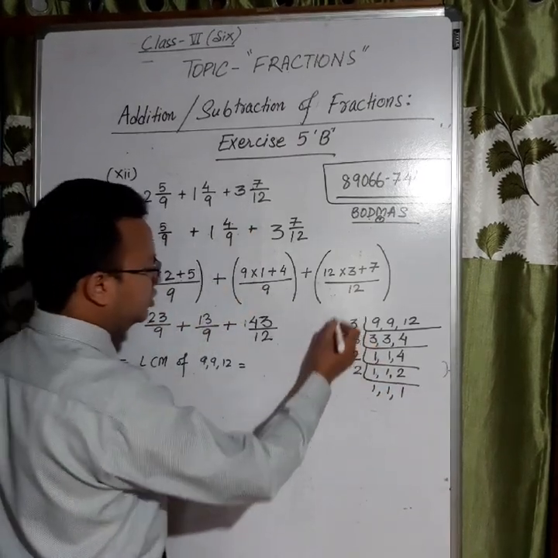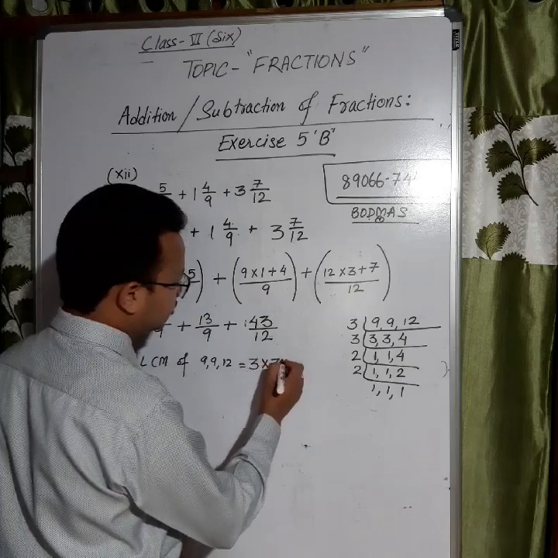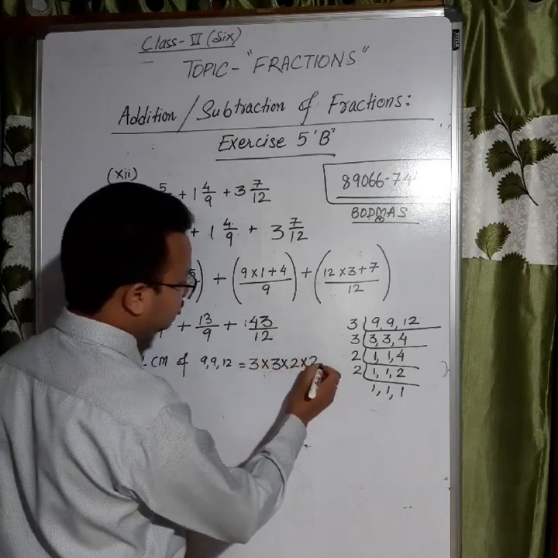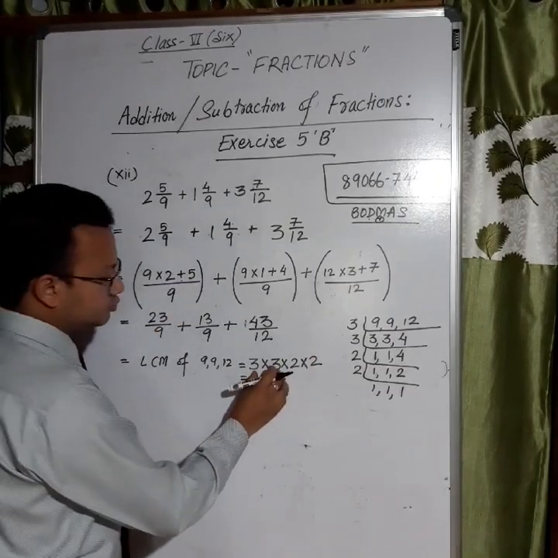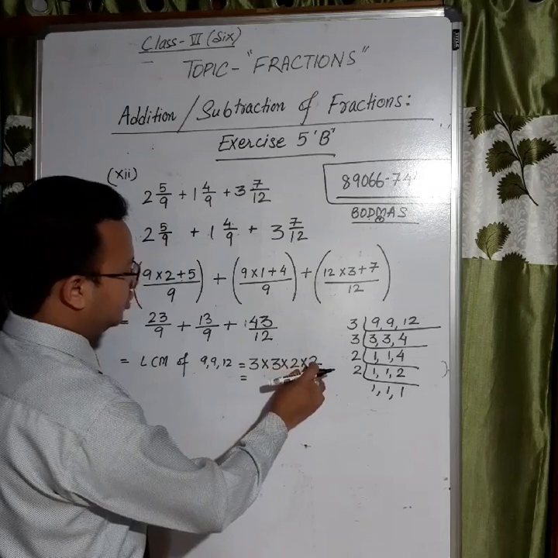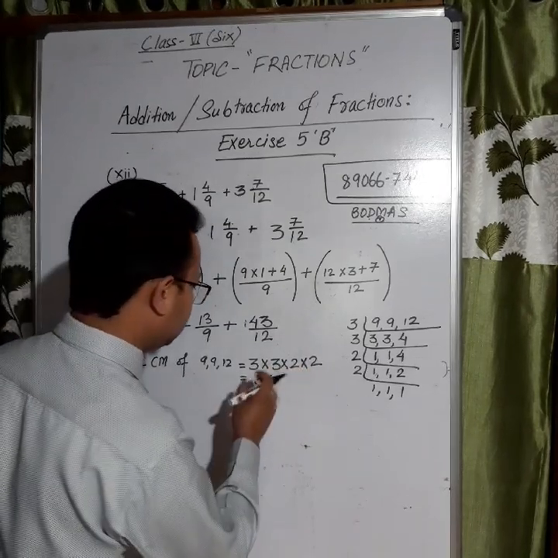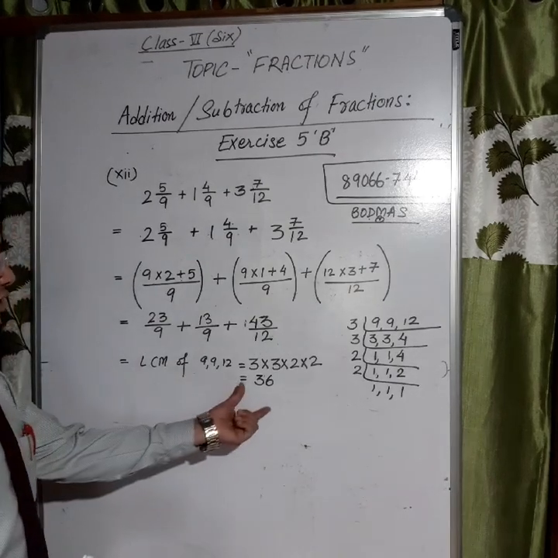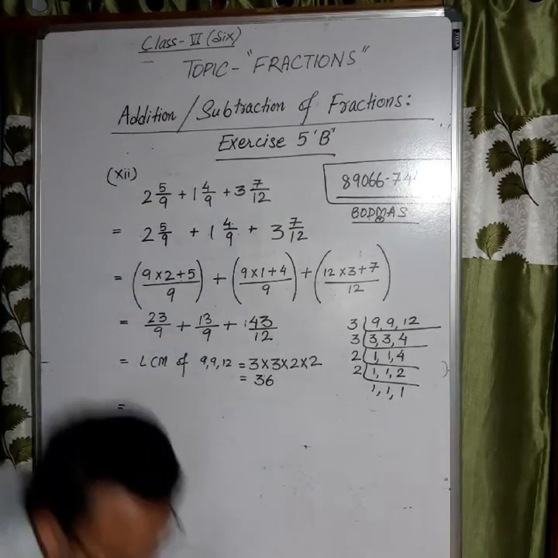So we'll multiply all these prime factors. 3 into 3 into 2 into 2. So 3 3s are 9. Okay, 2 2s are 4. 9 4s are 36. So 36 is the LCM. So now what we do is like,